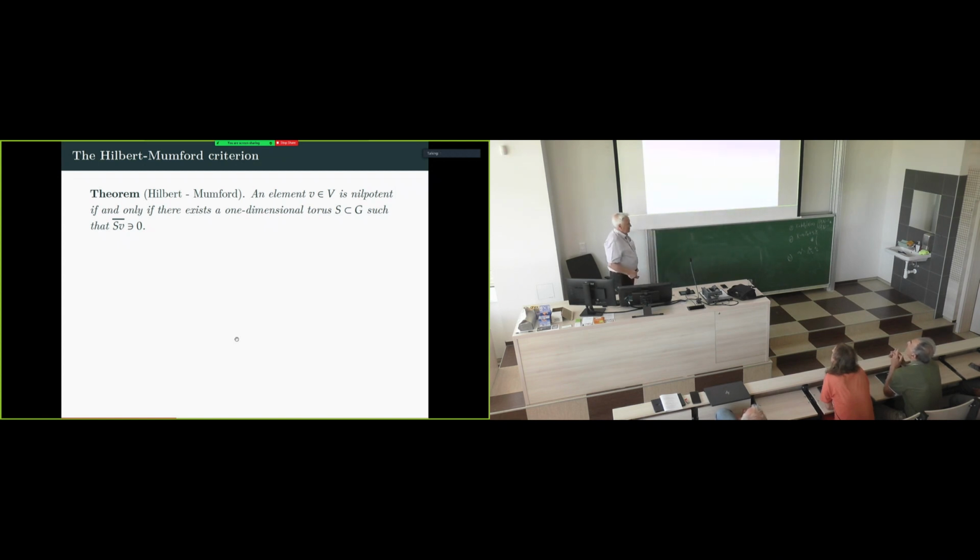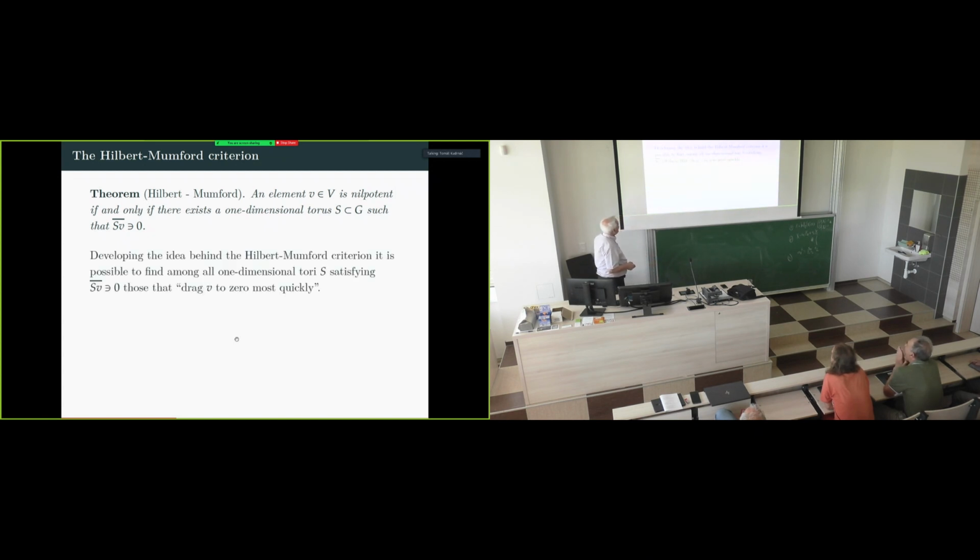This theorem was first proved in some situations by Hilbert and in general by Mumford. It is a characterization of nilpotent elements: if an element is nilpotent, then there exists a one-dimensional torus such that the closure of the orbit of this point contains zero. Developing this idea, the Hilbert-Mumford criterion, it is possible to find among all one-dimensional tori satisfying these conditions, that the closure contains zero,